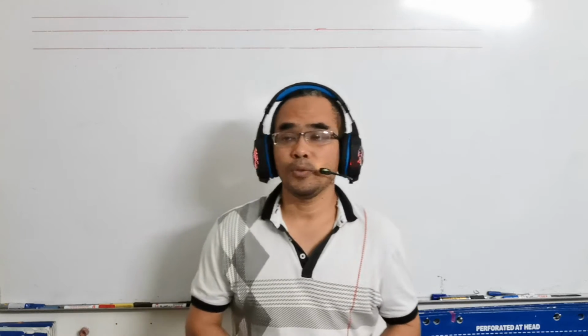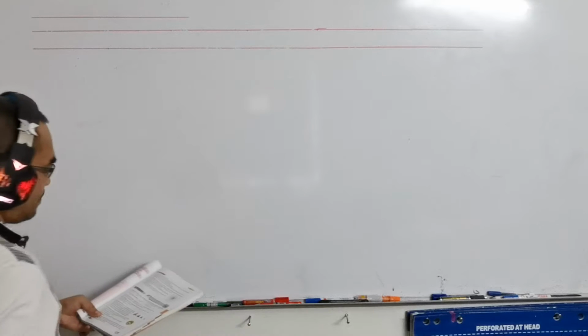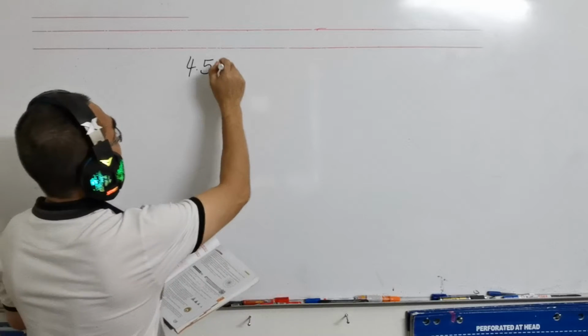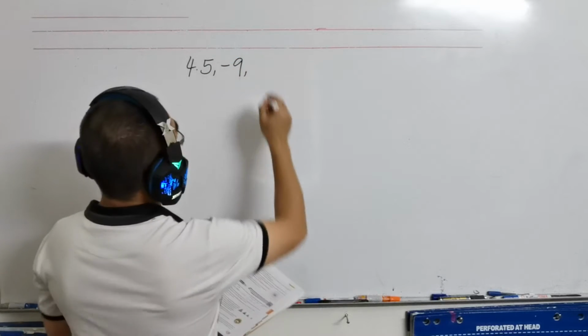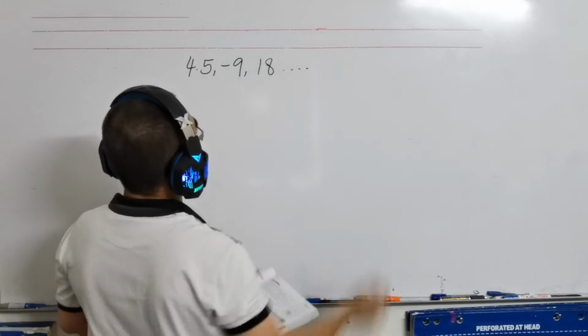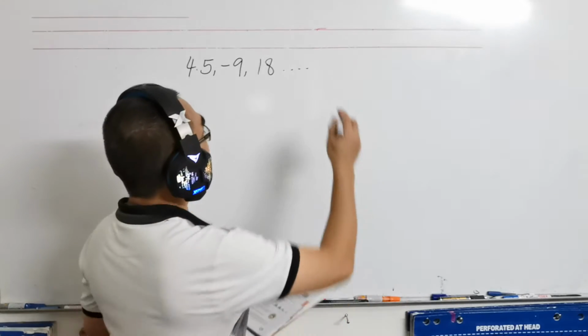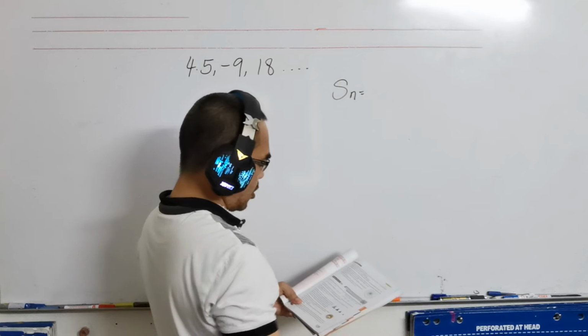Given that the geometric progression 4.5, negative 9, 18 and so forth, find the number of terms for this geometric progression in order for the sum to be 769.5. Okay, so I write down the arrangement first. That is, the first number is 4.5, and then negative 9, then 18. Okay, so how many of these terms that we have to take in order to become the total will be